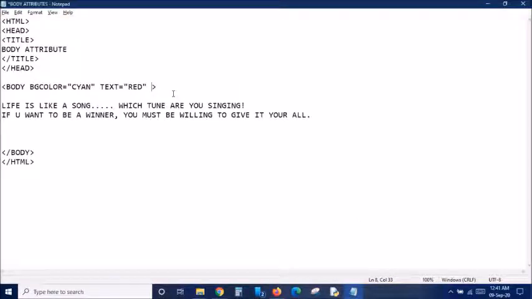For that we have to give link. Again, for the link, we add the color we want. Let me give it, okay, so this is for link. And for active link, the link which is active, the attribute is alink. Within double quotation we have to give the color. I'm just going to give black, as we don't have black in any of our web page.